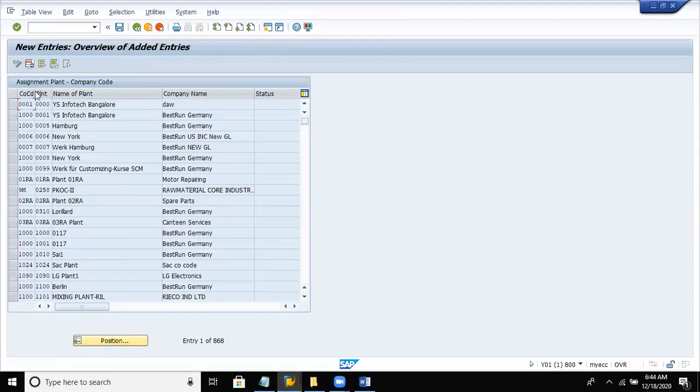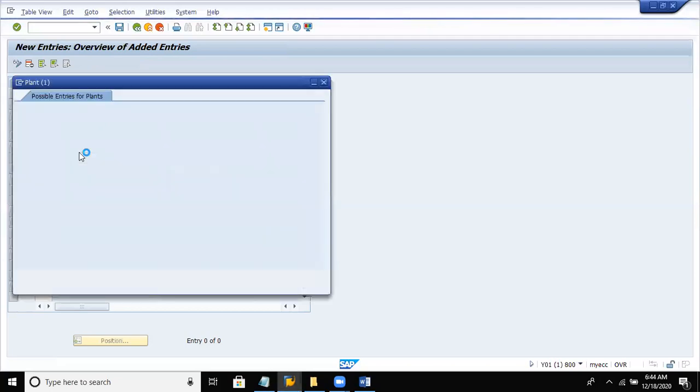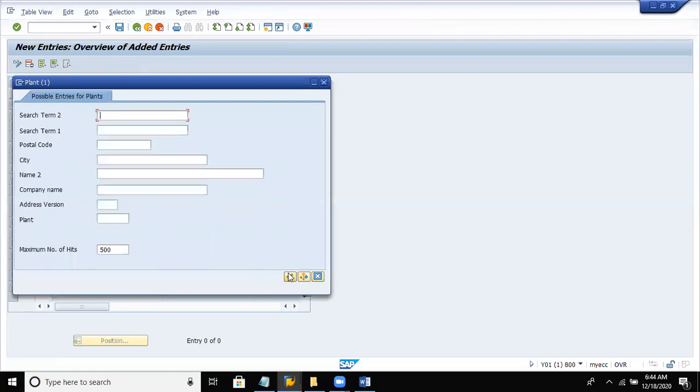New entries. So company code. What's our company code? We said our company code is DEL8 and our plant code is DEL4.